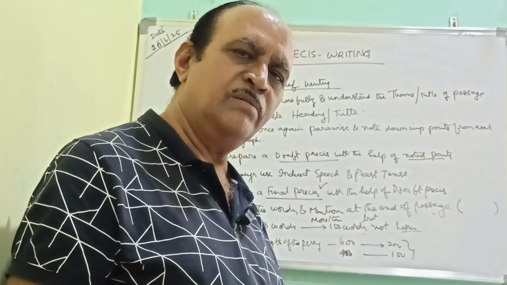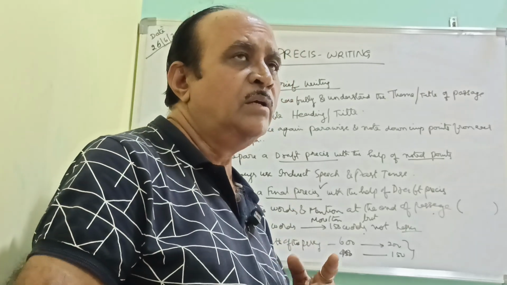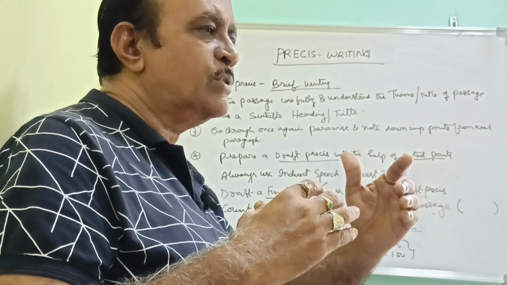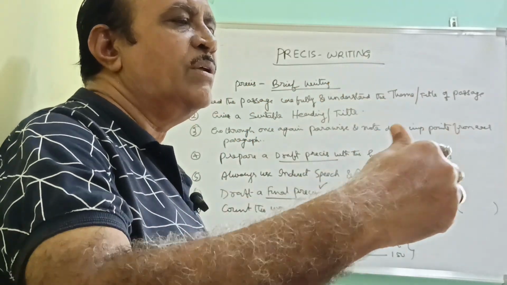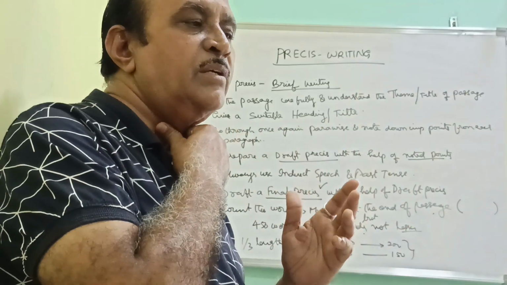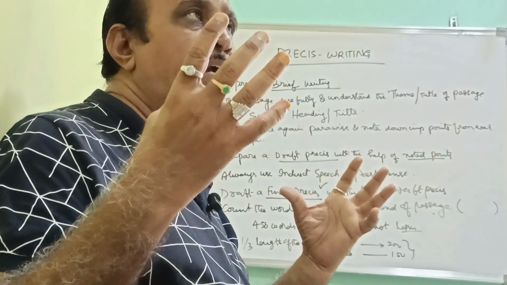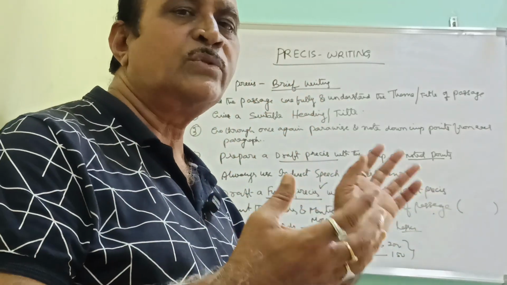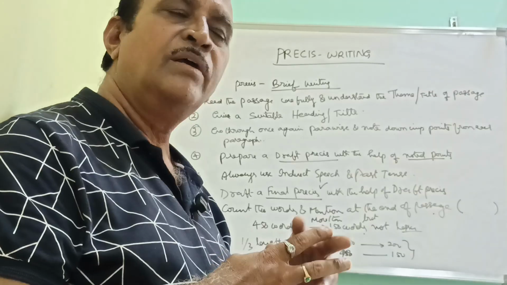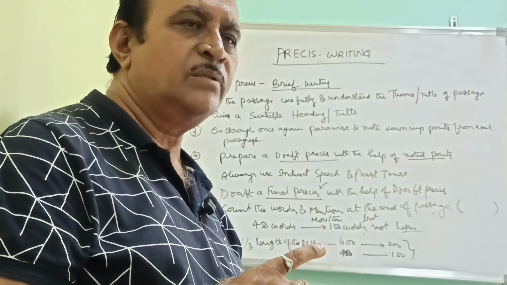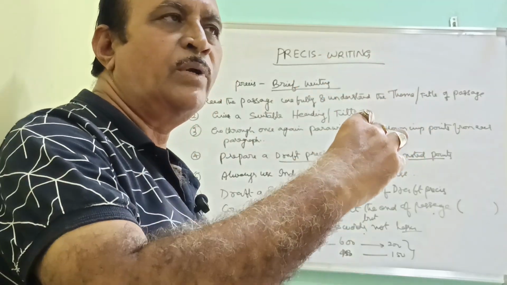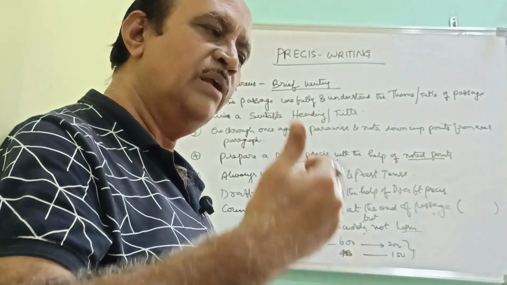And write the precis. But many people, especially in the shorthand paper 2 examination, attempt the theory questions and write some shorthand outlines, and leave the precis. They have the idea that by attempting theory questions and shorthand outlines, they will get through the examination. Better don't leave the precis. Don't leave the precis writing; the third question will be given as a precis. You have to attempt it and write it.